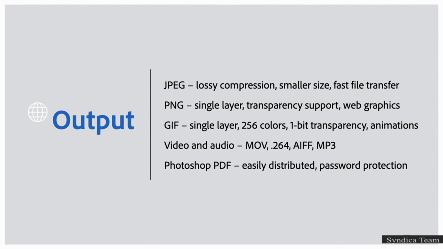Now, if you're saving files to view on a screen, such as a phone or a computer, or you're posting images online, JPEG, once again, is the most common format because of its ability to create those small files that download quickly. But there are a bunch of specialty formats that I need to at least mention.